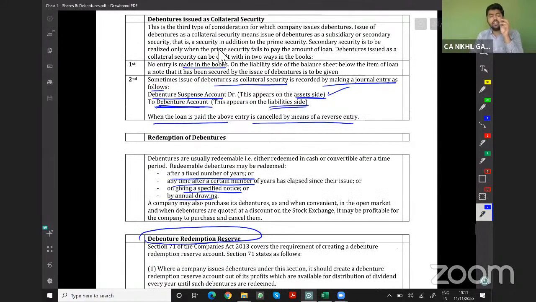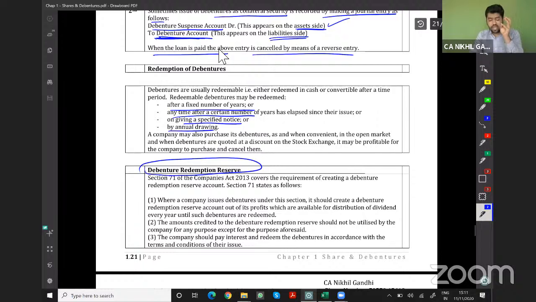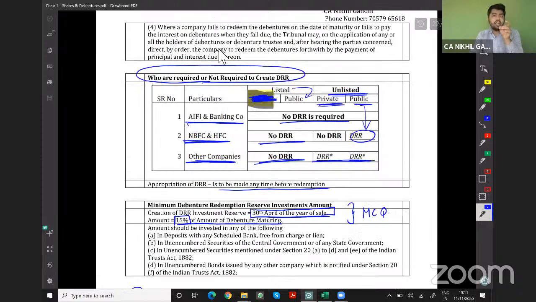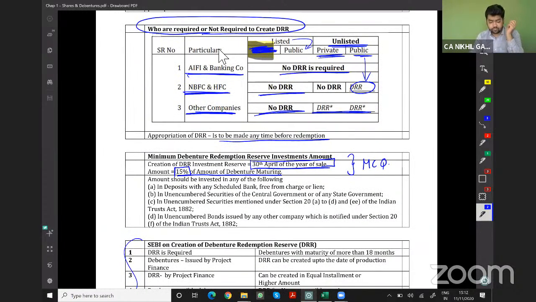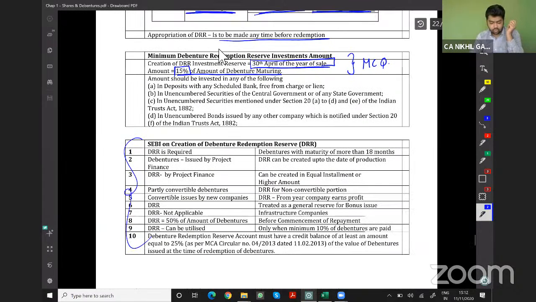DRR creation is mandatory. In case of AIFI and banking companies, DRR is not required. In case of NBFC and HFC, DRR is not required if the company is a listed company. If a company is an unlisted company, DRR is required only in case of public companies. In case of any other companies, if you are an unlisted company, DRR creation is required, whether you are public or private. We should jump now to